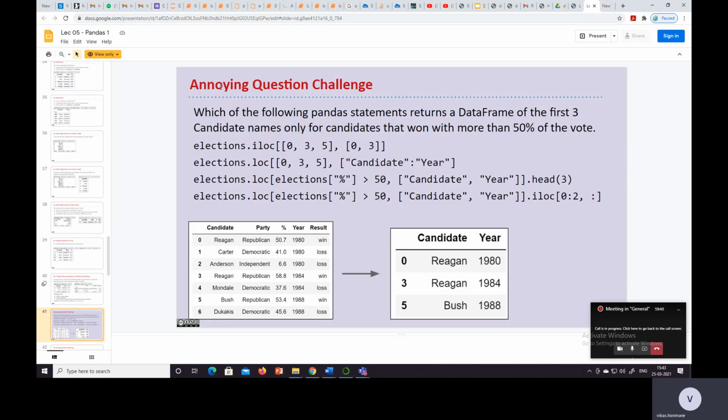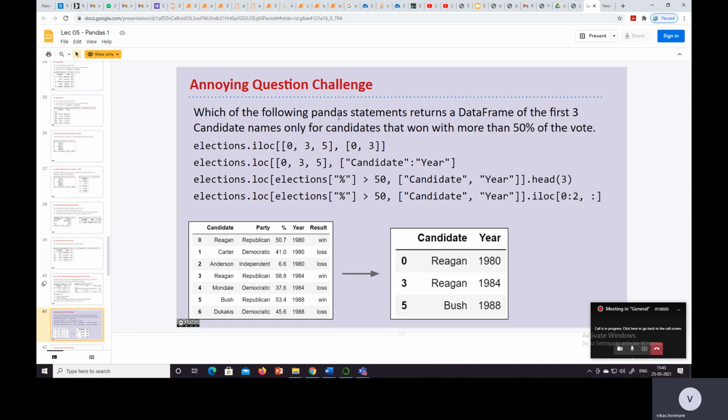Then there is a challenge question. Which of the following pandas statements returns a data frame of the first 3 candidate names only for candidates that won with more than 50% of the vote? So this is the question that we need to answer.